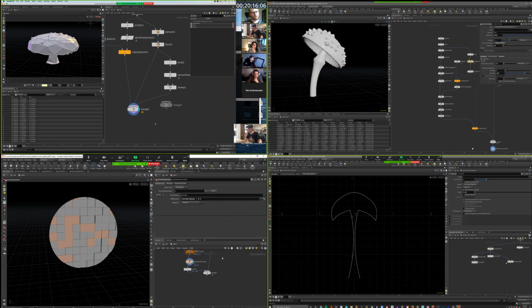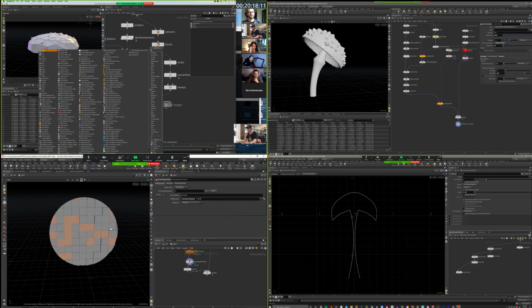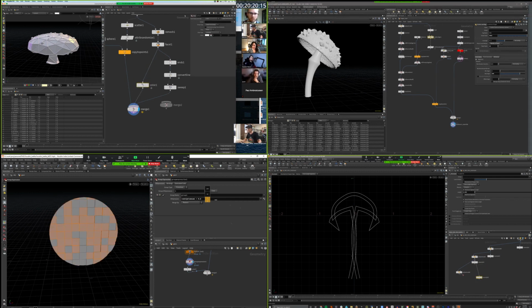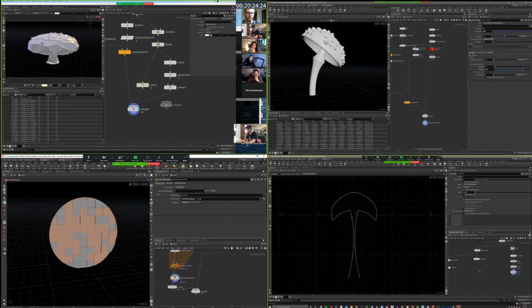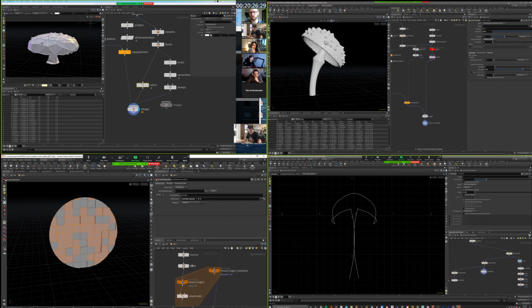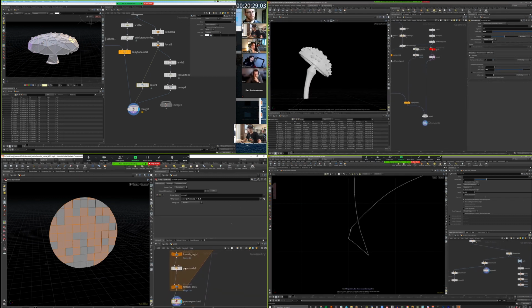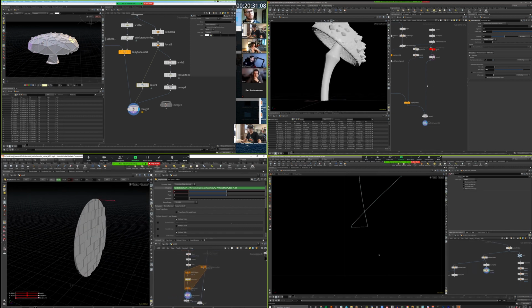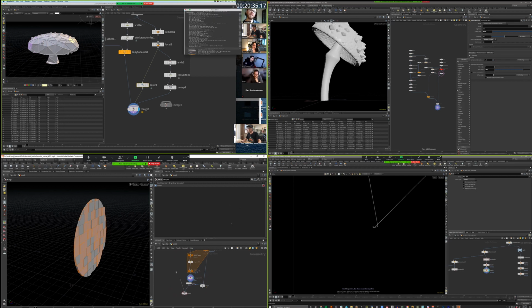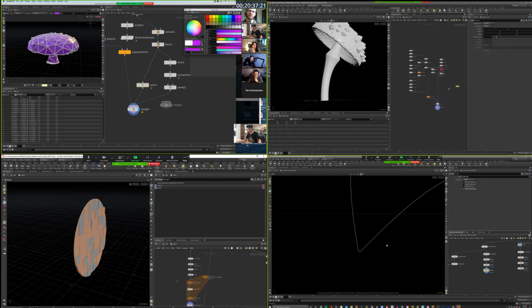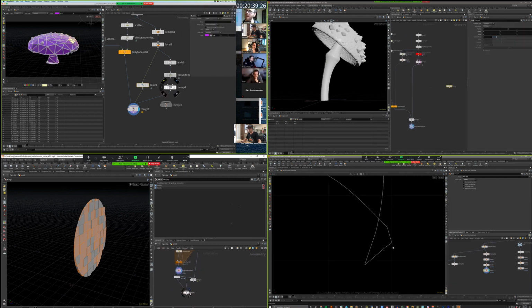I'm wondering what that's for. Ooh, I like that. He's making a group that's just grabbing a few primitives, and he's probably going to change the color or something like that. Sort of randomly pulling them into the group and then affecting the group. I don't know what he's going for. It felt like he has a stamp in it, so I don't know if he's going for stained glass or maybe the